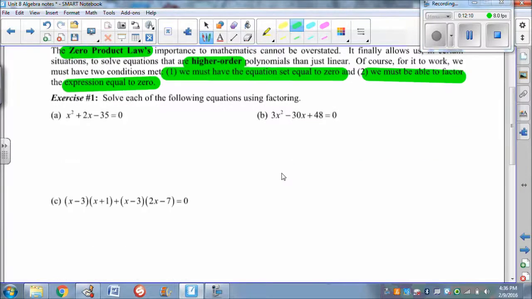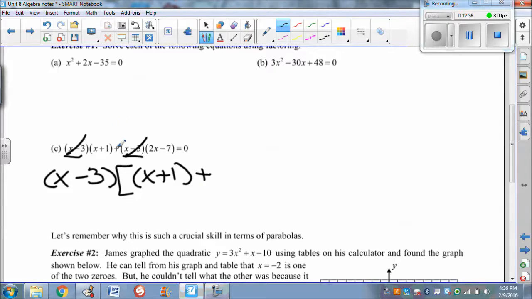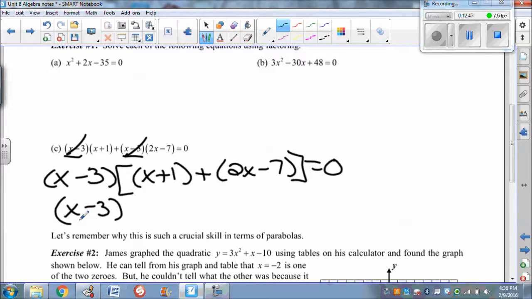All right, so let's take a gander at C. So C looks a little funky, a little odd, but you guys are used to seeing this. What do they share in common? Look at that. They share an x minus 3 in common. Then what's left over? X plus 1 plus, don't forget that plus sign, and then 2x minus 7, and that all equals 0. So x minus 3 is one of our factors right now,